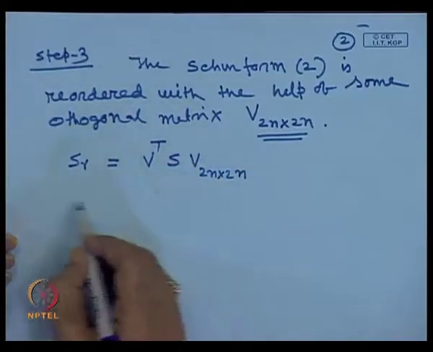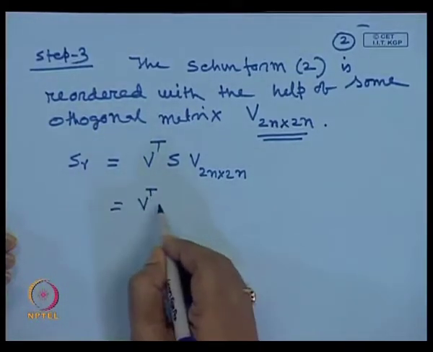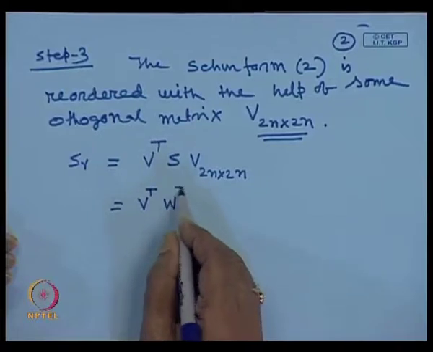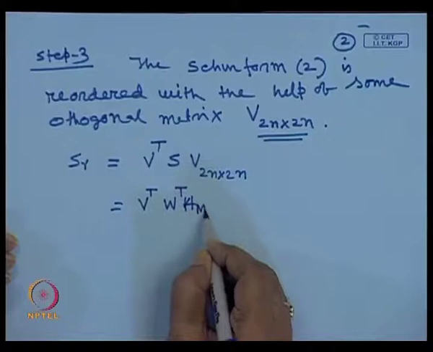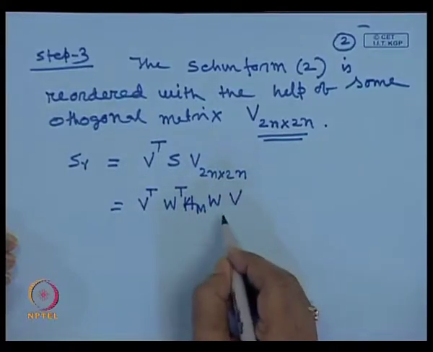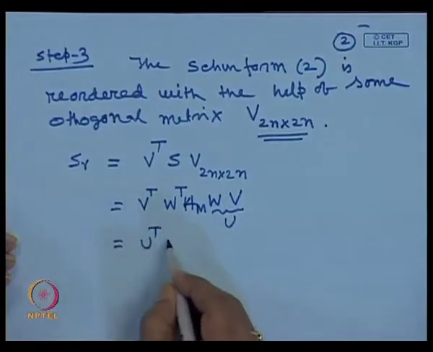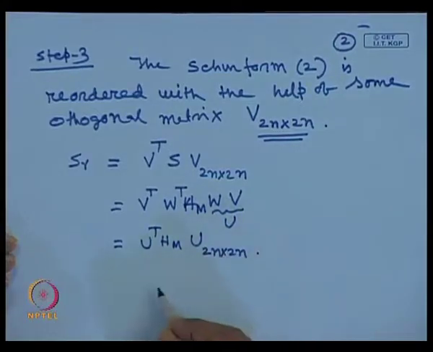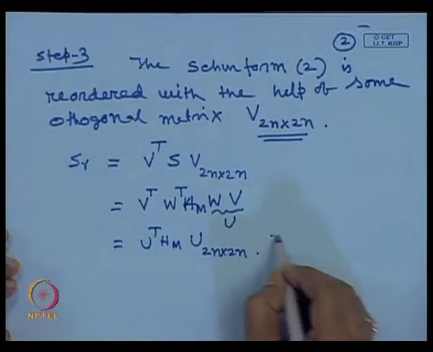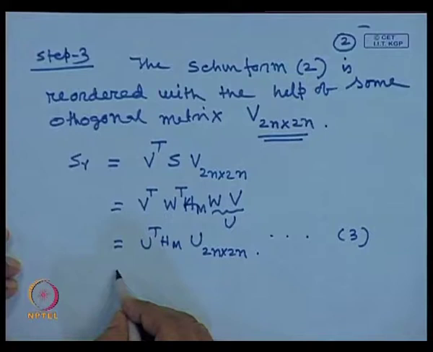So, let us call after reordering we got it that if it is a V transpose, then what is S? If you recollect, S is W transpose HM W, then V. So, you consider this as U. It is nothing but U transpose HM U, and this U dimension is 2n cross 2n. Let us call this equation number 3, and the structure of SR, if you see this structure